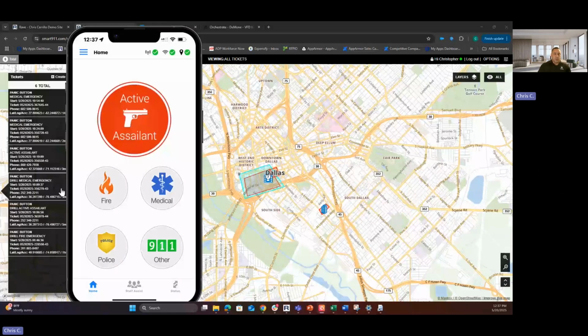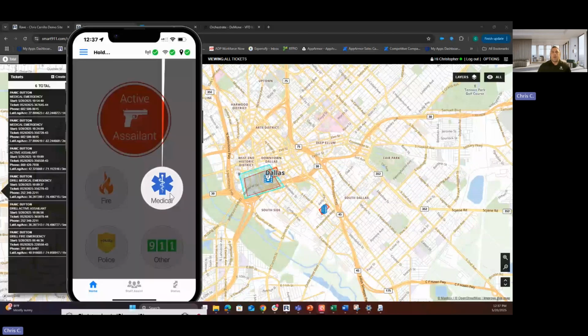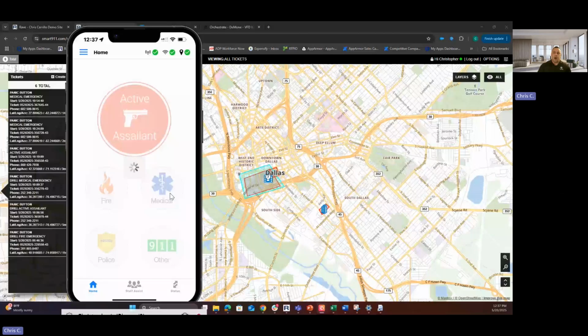When we trigger one of these instances, so right now I'm mashing it kind of like a video game, right? We're going to prevent any false alarms from going out. So you do have to hold the button down for about 1.5 seconds. So I'll do so now. When that trigger goes off, the first thing that we do for that individual is we're going to automatically connect